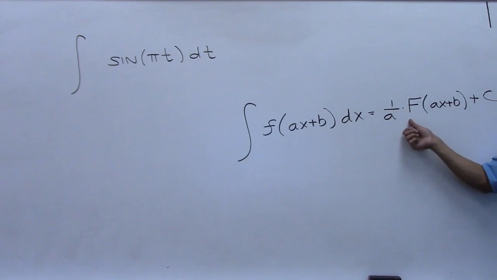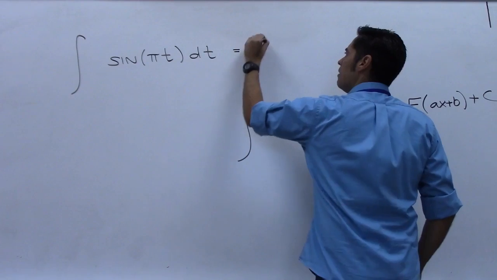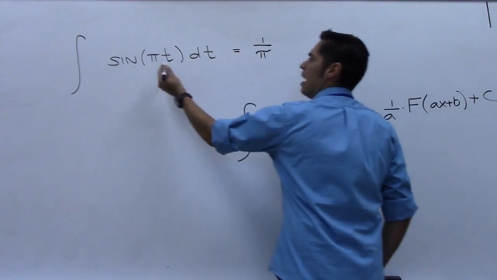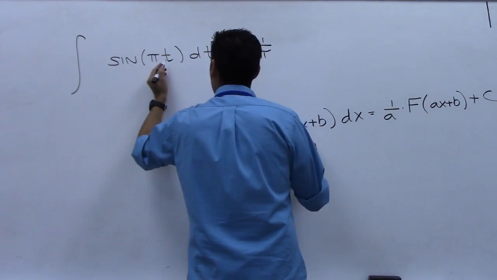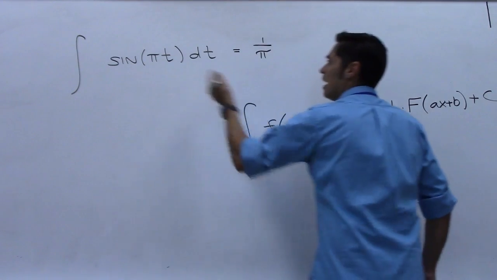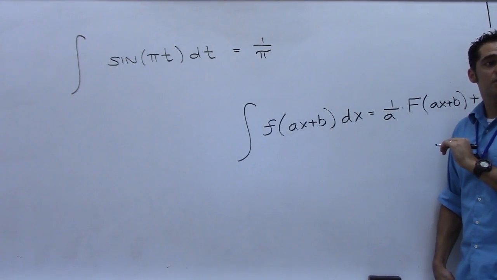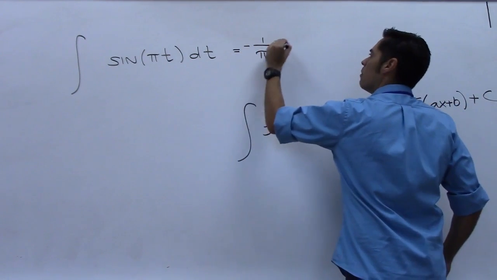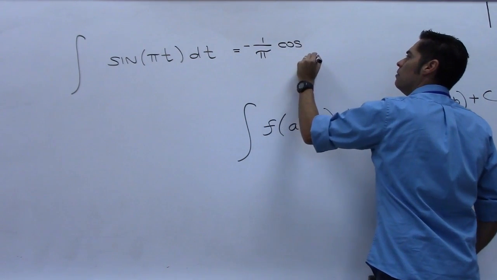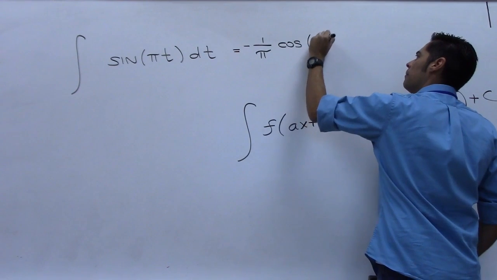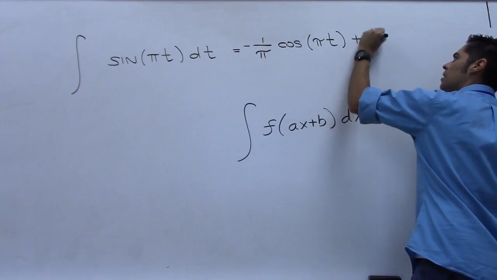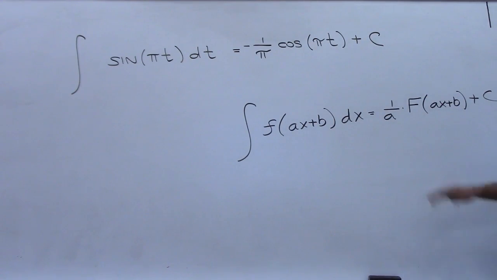So we just do 1 over pi? So you're going to have 1 over pi, because pi is like ax. Yeah. Okay, that's exactly what it is. And then the antiderivative of sine, which is negative cosine. So make this negative 1 over pi, cosine of what though? Pi t